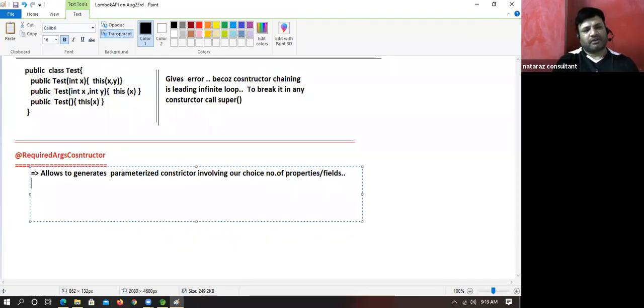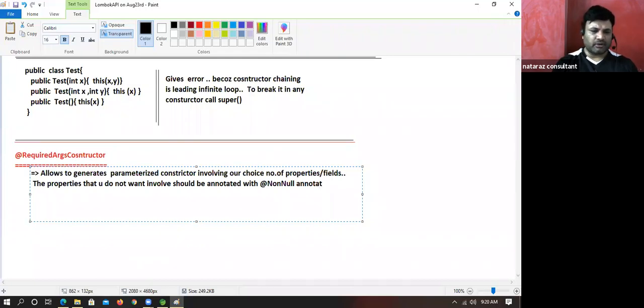Okay, see, the properties that you don't want to involve should be annotated with @NonNull.